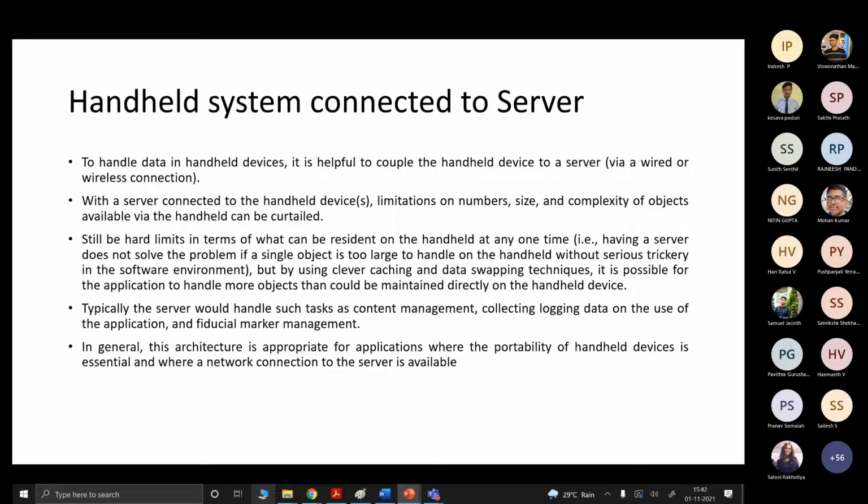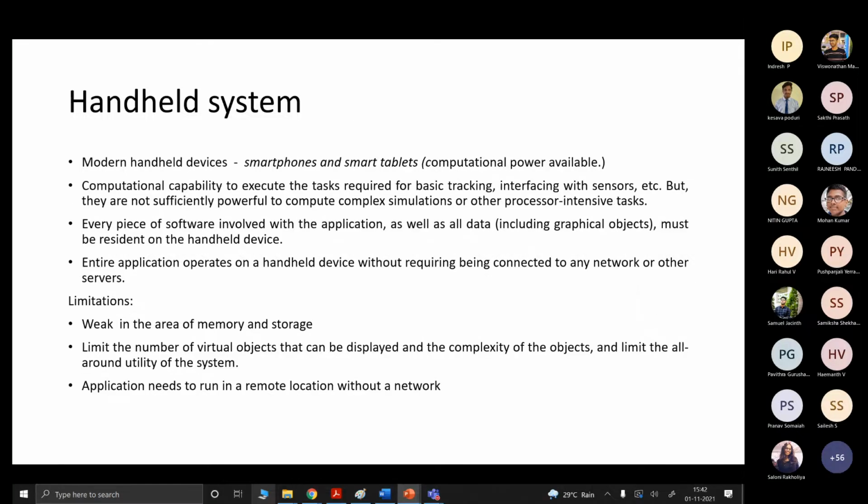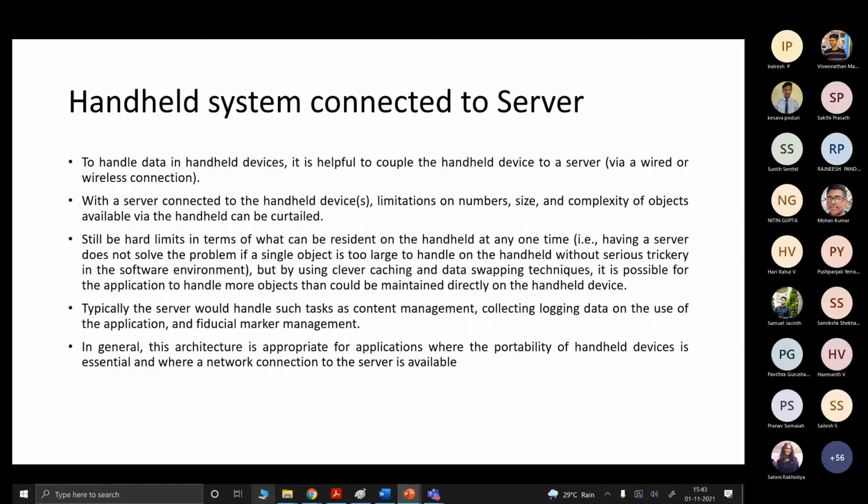Previously we have seen that memory and storage are a difficult issue in handheld devices. To overcome this, we are using a server.